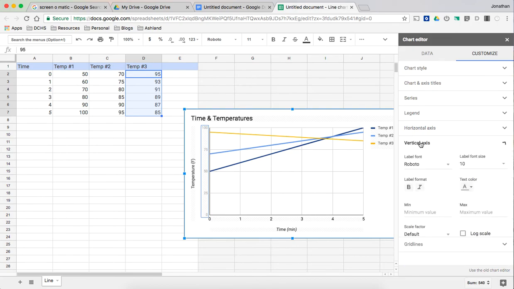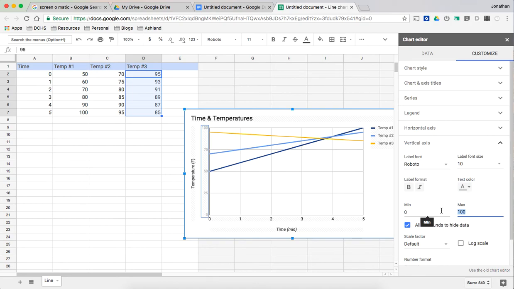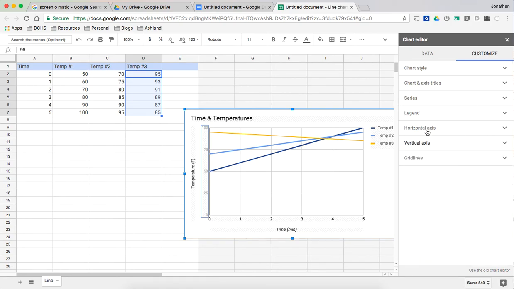Let's say for whatever reason I wanted it to be between 20 and 100. I can force the graph to change the y-axis, although we always should start at 0, but that's just a little interesting thing. If you need to do that, you can do that with the horizontal axis or the vertical axis. So at this point, when you feel pretty comfortable about what you want your graph to look like,